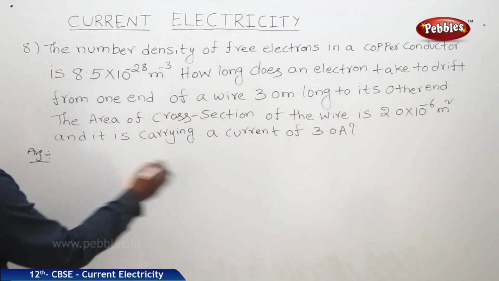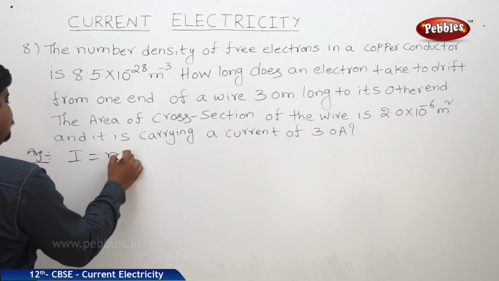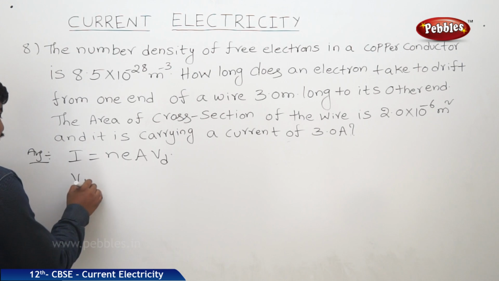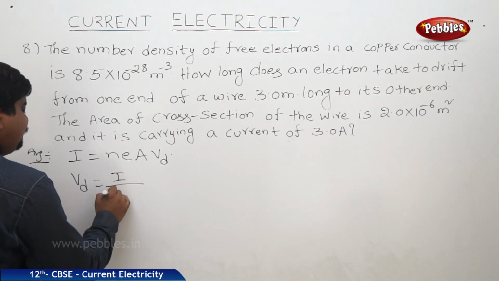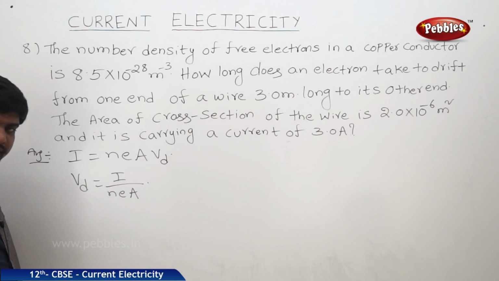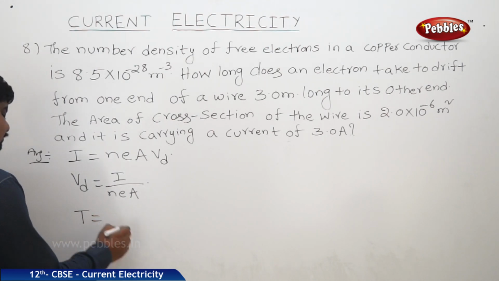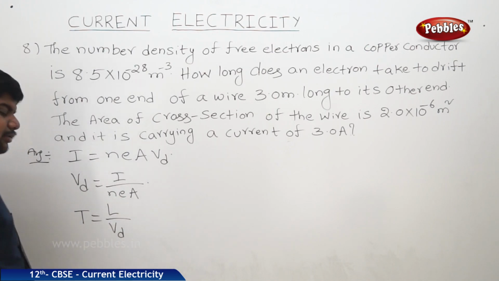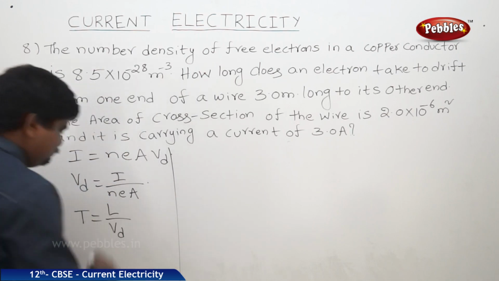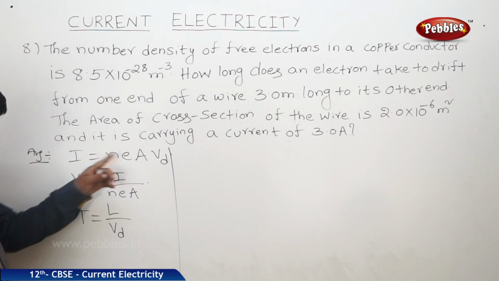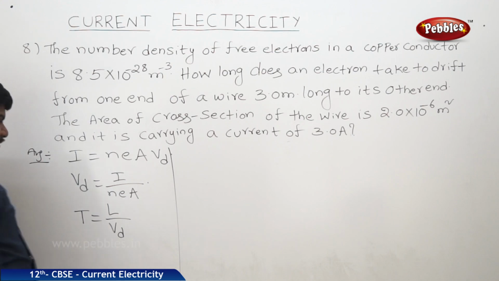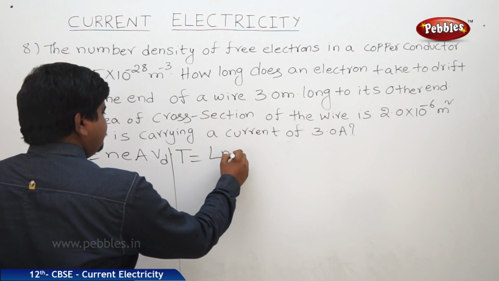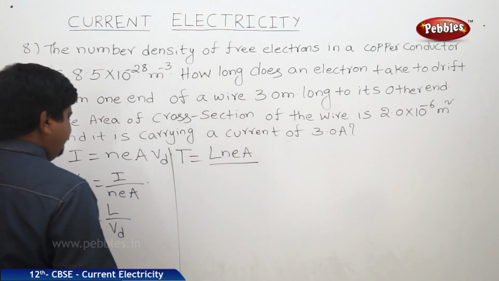We know that I is equal to NEAVD. From this expression we can write VD is equal to I by NEA. But time taken for drifting is nothing but L by VD. Therefore, time taken is equal to L by VD. Already VD is I by NEA. So therefore, time taken for drifting is equal to LNEA by I,